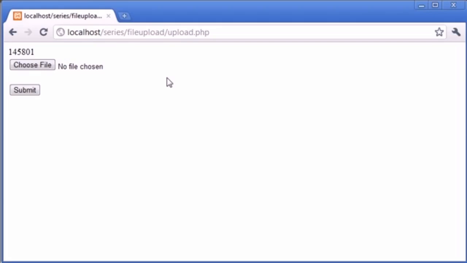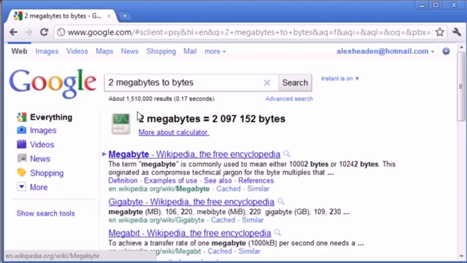So we can use this to allow ourselves to process files. Let's say we don't want an image file over 2 megabytes. So let's say we are going to stick with our 2 megabyte maximum allowed file size. Now the way we do this is we can easily work this out using Google. So if I just pull up this page here, you can see I've already typed 2 megabytes to bytes, and Google's automatically used the calculator to work this out for me. It's 2 million and then more digits. So if we just copy and paste this,